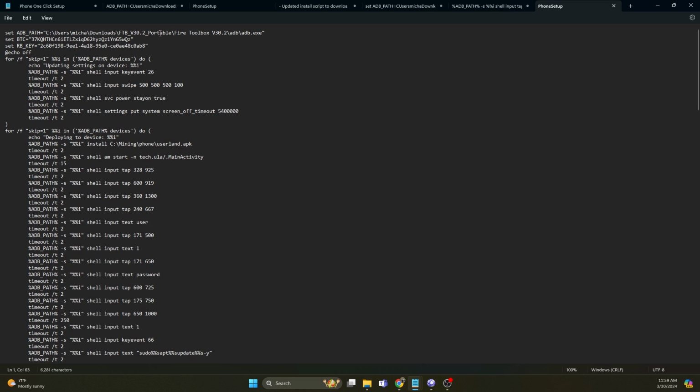As you can see, I'm using the Fire toolbox, and so I have that in my downloads folder. I'm just referencing it there. And then BTC, this should be your BTC wallet address that RainbowMiner is going to auto switch to by default. And then this RainbowMiner key, if you already have RainbowMiner running on your network, you can grab your RainbowMiner monitoring key,